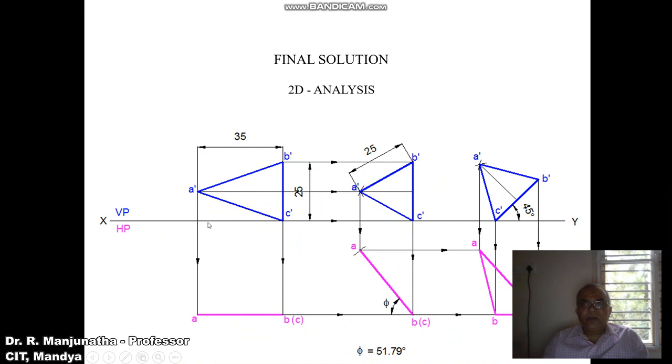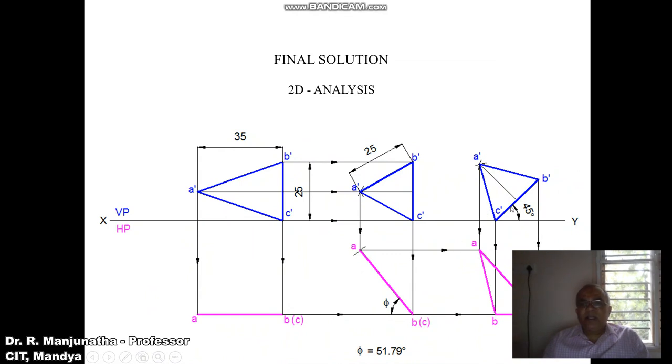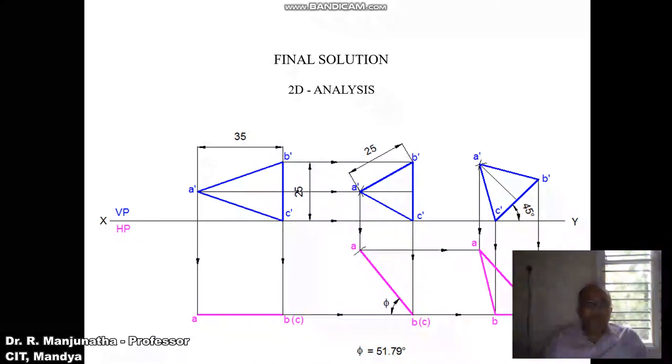And now, how do I know that this is the problem we have considered? One of the corner points of the isosceles triangle is resting on HP, and the side which is parallel to VP, that is BC, is inclined at 45 degrees to HP, and it is an equilateral triangle of 25 mm, and he has to determine the angle with respect to VP, which will be 52 degrees, and also it is an isosceles triangular base of 25 mm and altitude 35 mm. So since we have considered all the parameters given in the problem, hence this will be the